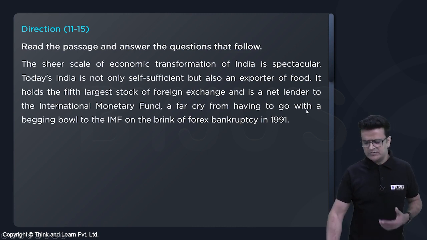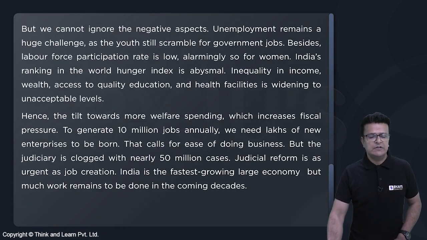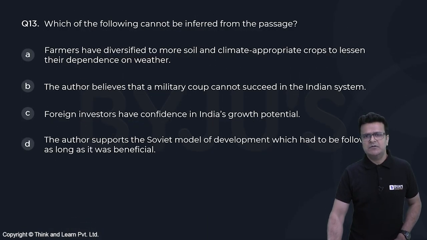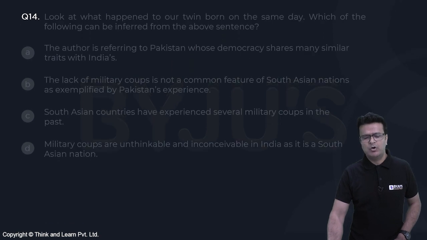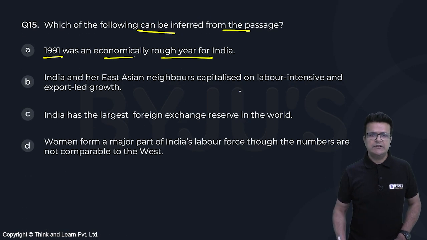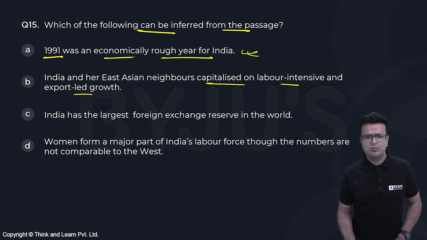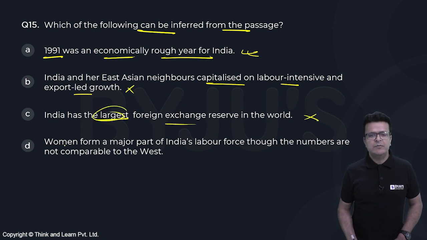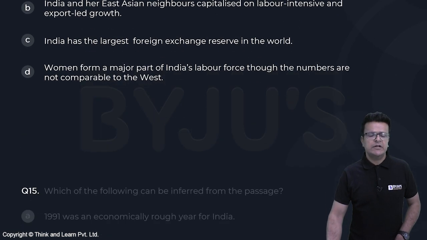So 1991 was a very rough year for us economically. This is something we can directly infer. We don't have to do any more reading beyond this, and therefore the correct answer straight away can be considered as option A. Other options you can very clearly, easily eliminate. India and her East Asian neighbors capitalized on labor-intensive and export-led growth. India, in fact, did not do that. Author says that. India has the largest forex reserve. We have no information about it. Women form a major part of India's labor force. Again, this is something we have no information to support. And therefore, the correct answer has to be option